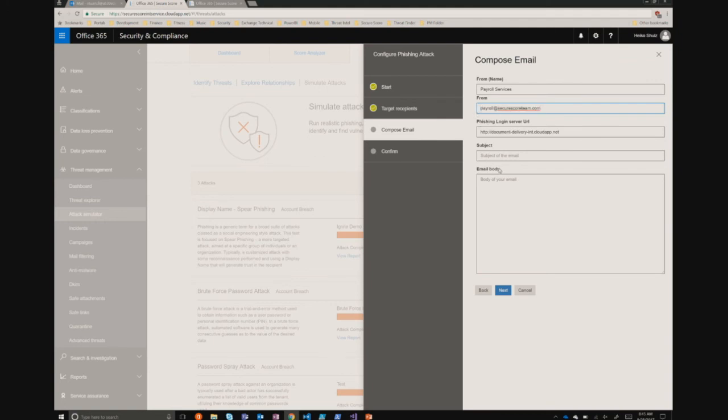From payroll services, the login server URL. So this is going to be a credential harvest attack that I'm going to show you. What this campaign does is clone the O365 logon page and capture inputs from that page. We're going to give you the ability to specify what you want the URL to look like when it arrives